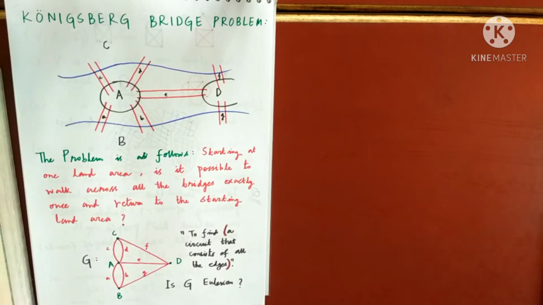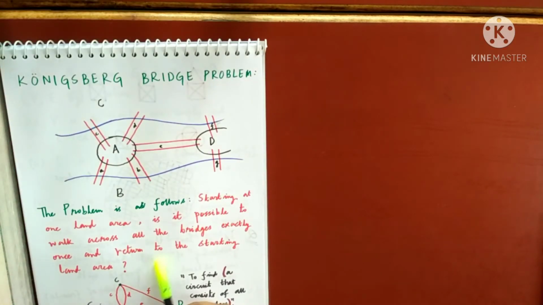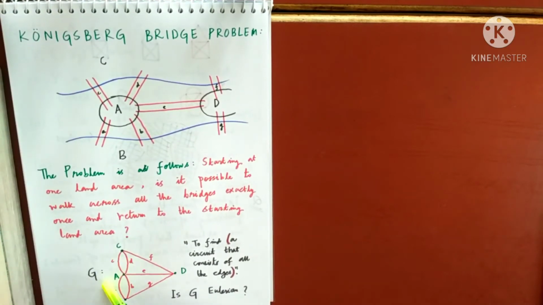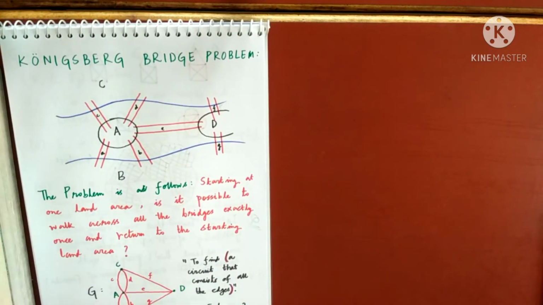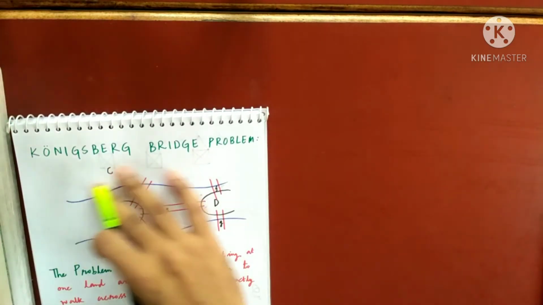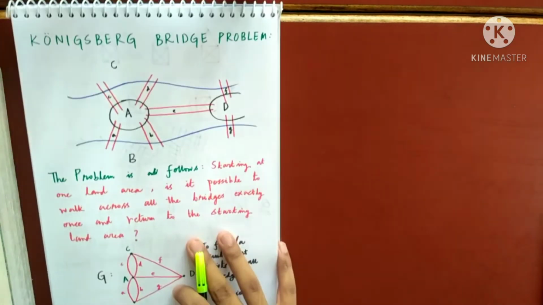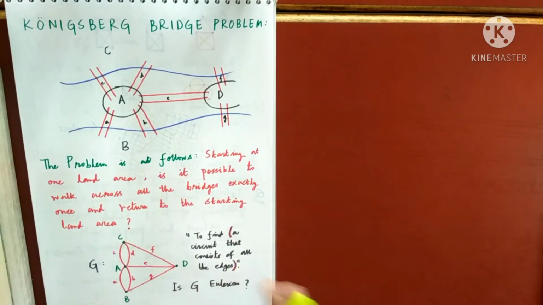We will determine this a bit later to understand the problem. So what is the Königsberg bridge problem now? Is this good looking graph Eulerian or not? If it is Eulerian, the answer to this question will be yes. If this graph is not Eulerian, then the answer to this question is no. As simple as that. So you see how a real life problem has been posed as a simple graph theory problem.